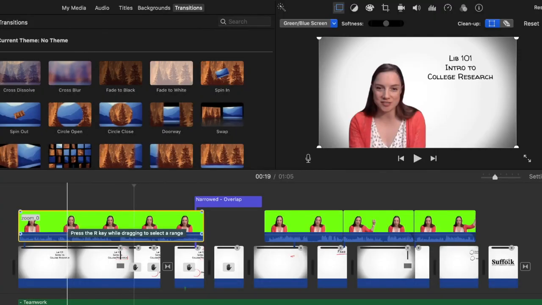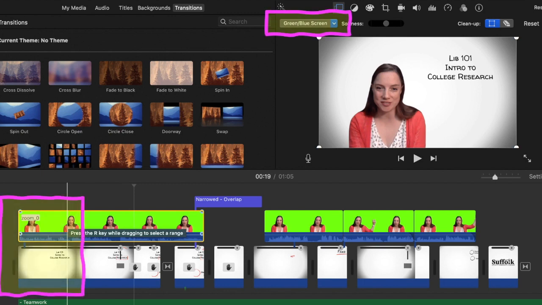Then record your meeting. Upload this video to iMovie and select the green blue screen display option. This will overlay your Zoom meeting over your PowerPoint. This is a very useful option for online instructors who wish to add a personal touch in their lectures and help students feel more connected to their virtual environment.